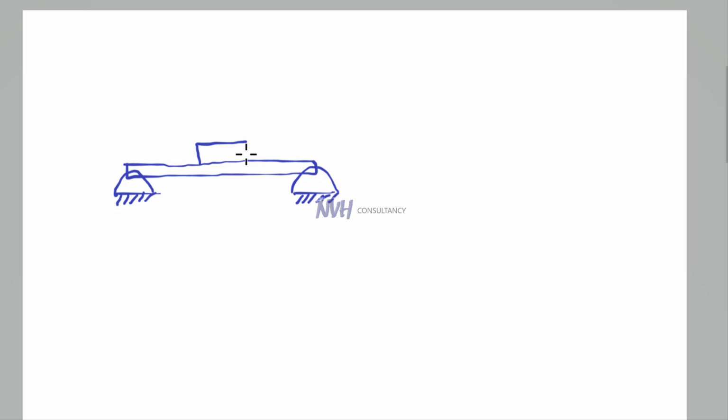Today we are going to discuss another problem in which we need to derive an expression for equivalent stiffness of the system shown in figure. It's basically a beam, okay? So it's a beam which is supported on its two ends. Okay, at the center of the beam there is a mass block,